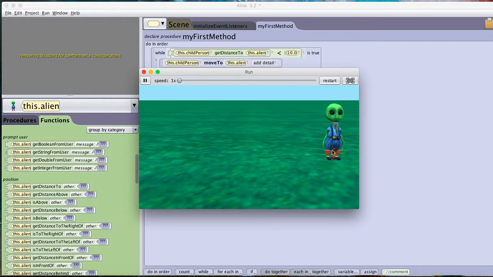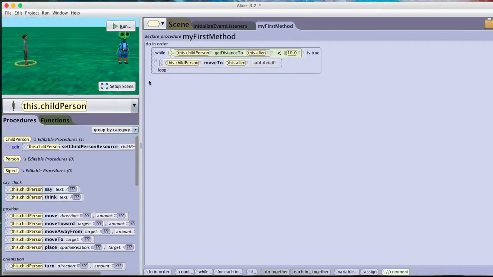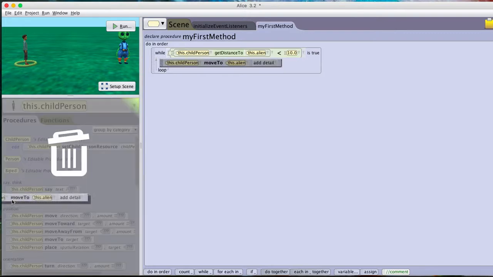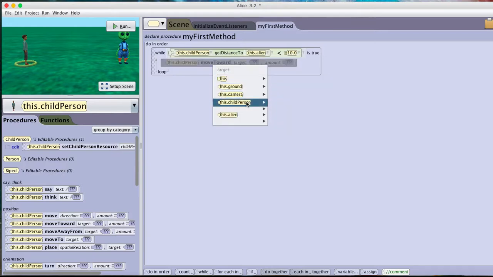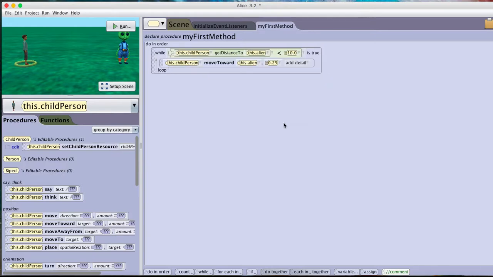But now, you don't want your program to look this way, where both objects go inside each other. So the way to fix this is to just change the way the while statement is set up, and also change the command. So instead of this child person move to this alien, we can do this child person move towards this alien. That way we can control the amount that it moves to the alien each time. So I'll put 0.25, and then here